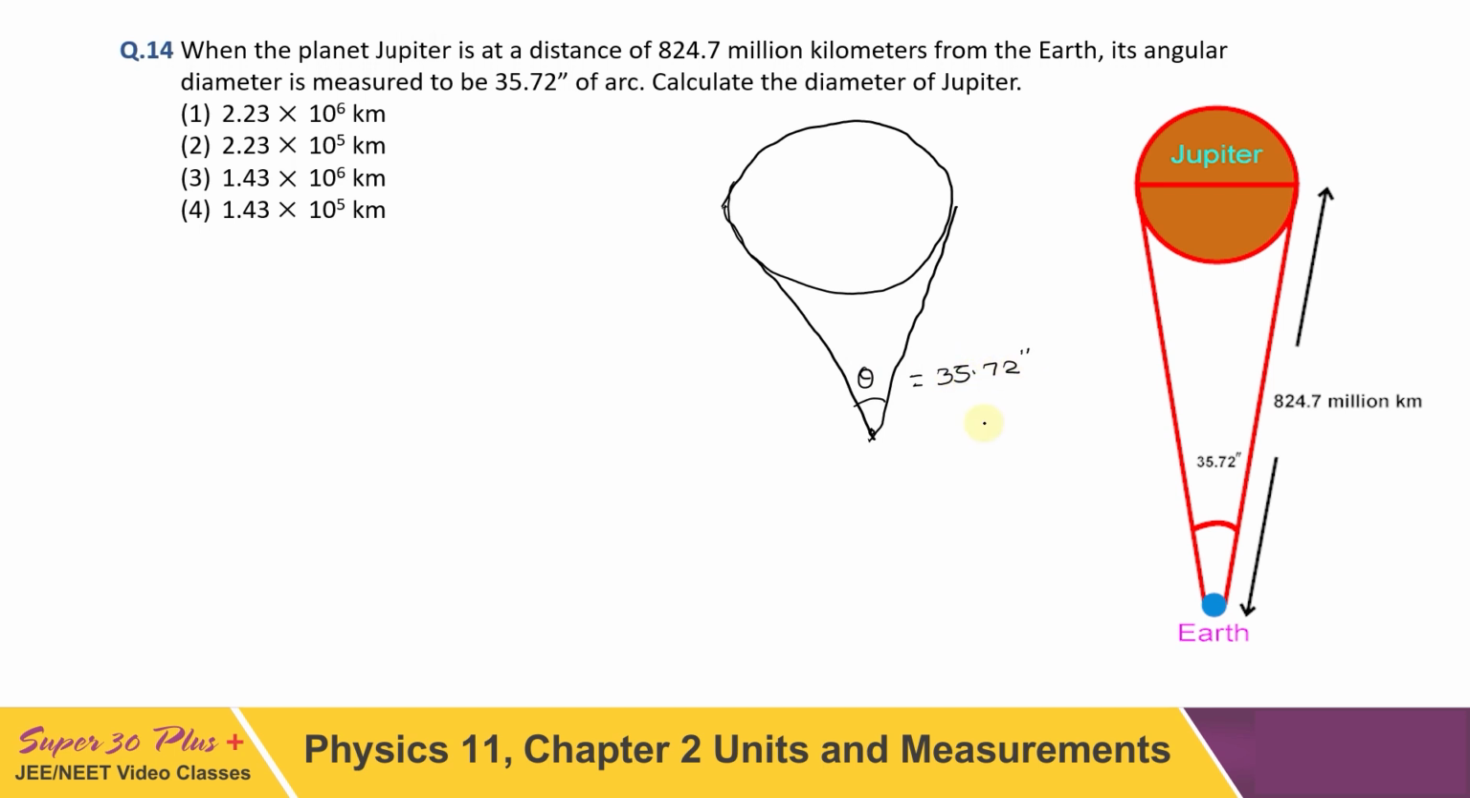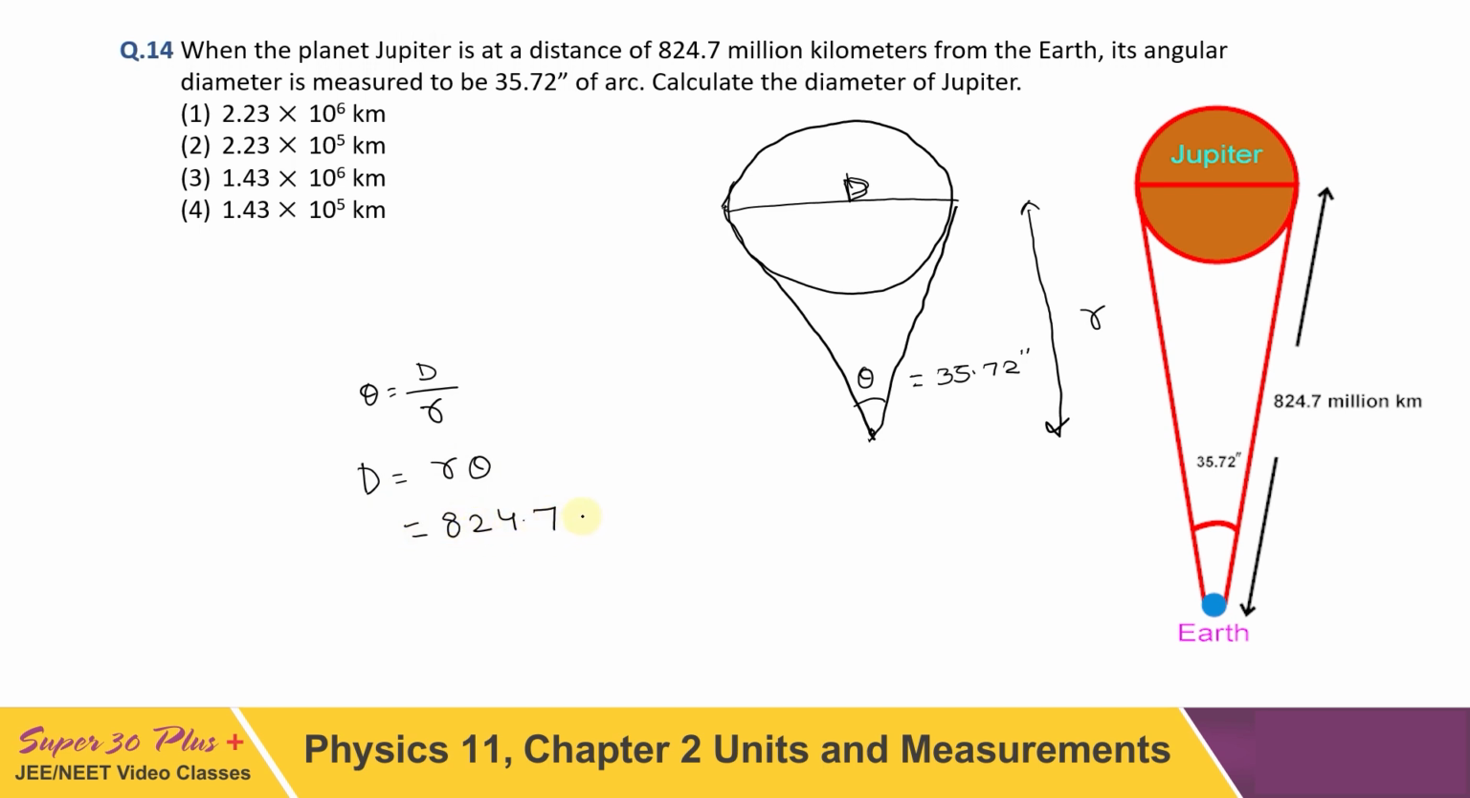This theta, while using the formula of parallax, always has to be written in radian. And this is diameter of Jupiter, capital D I am writing, and distance from Jupiter to Earth, that is given here. Let us write this by r. So now write here theta is equal to d upon r. From here d can be written as r into theta. Now what is r given? Distance of Jupiter from the Earth, that is